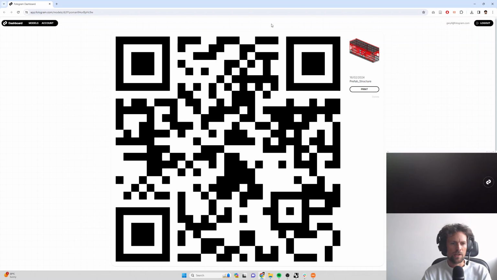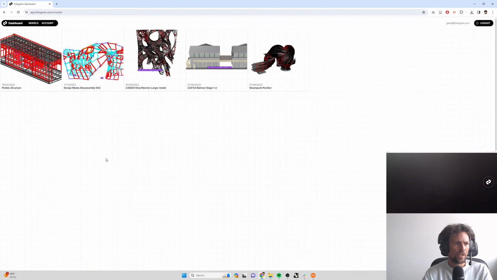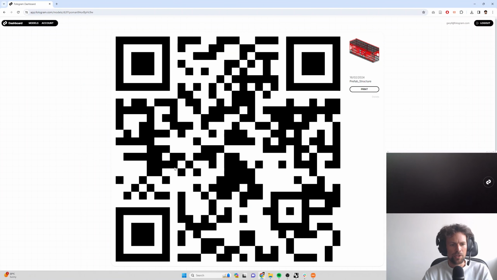If you want it to be private, then just don't share this QR code with anyone who you don't want to see the model. So this QR code contains a link to a model. It's a bit like a URL. If you don't want someone to see that model, just don't give them the link or the URL. The model, after you upload it, will appear on your models dashboard. So on app.fologram.com/models, here it is. We've just published it. We see a thumbnail of that. If we click on that thumbnail, it's going to display that QR code again,